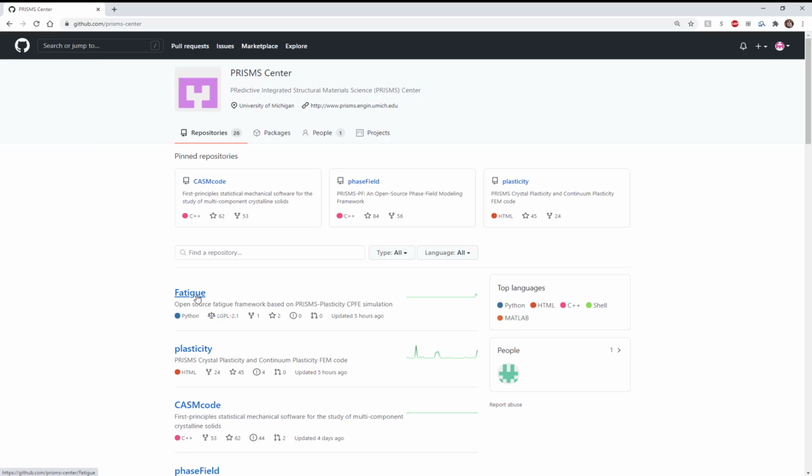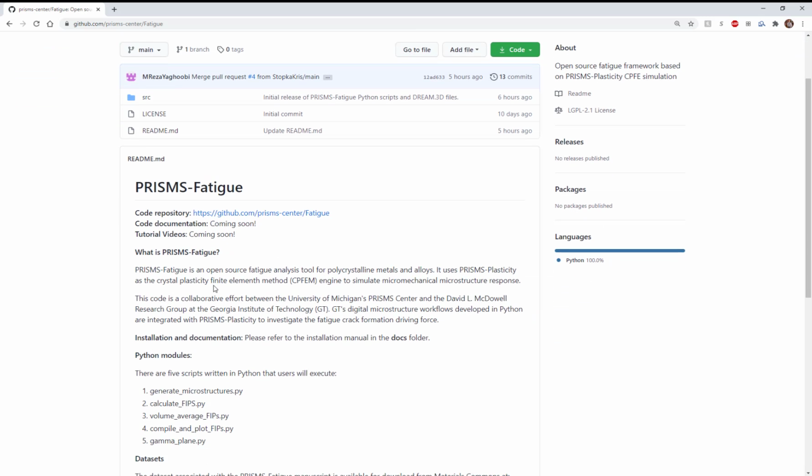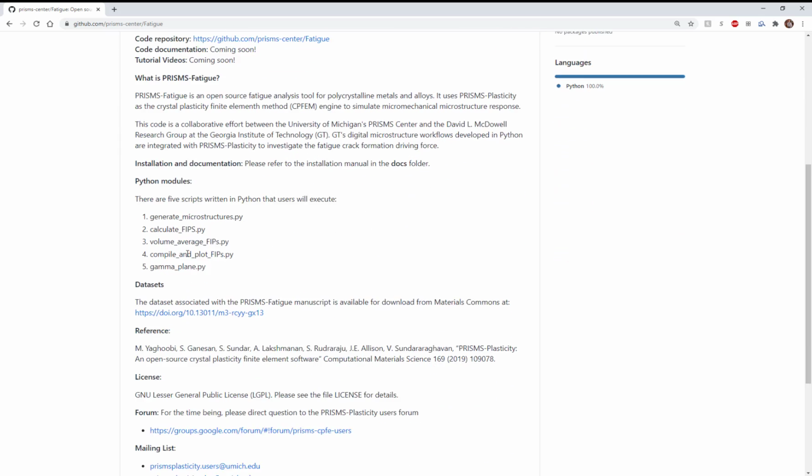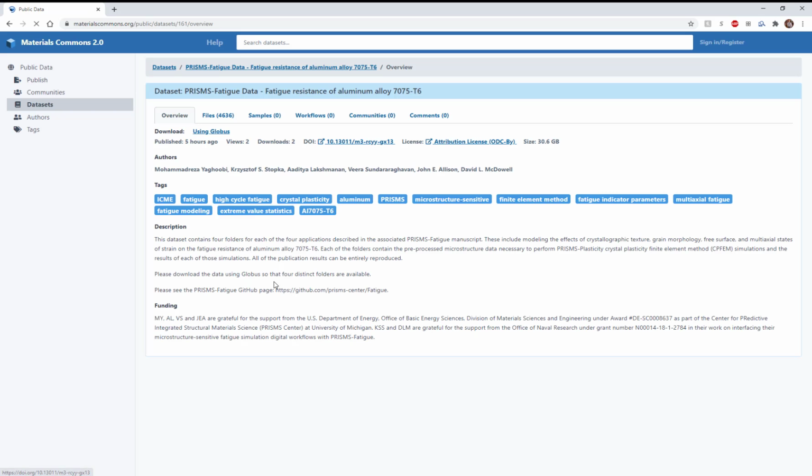Next, click on Fatigue. This page is still under development, but in the description, in the README section here, there will be a link to Materials Commons. So in this case, it is this doi.org link here. And if we click on this, this will take us to the Materials Commons page, and this contains the data